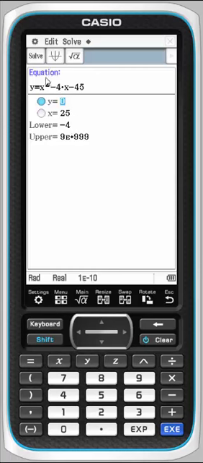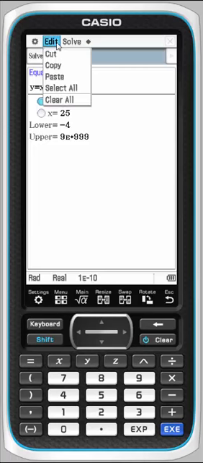So one of the strengths and weaknesses of this calculator, just something you need to be aware of, because it's just the way it acts, is that all these variables are connected. So that can be good and bad. It's good if you get a result here and you want to go and use it in main. It's very easy. It's bad if you're not aware of it and you change something in one place and you break something you have set up in another location. So just really important that you understand that those variables are connected.